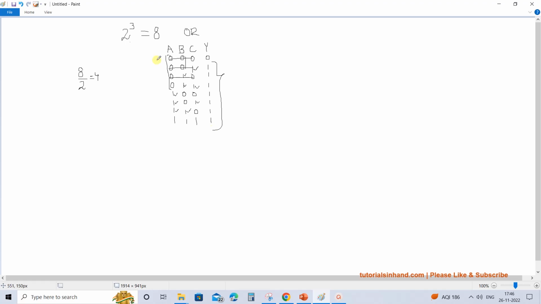Similarly you can create a 4-input truth table following the same combination, and for 4 inputs you will have 2 to the power 4 rows. That means we will have to create 16 rows. So for 16 rows your A is going to have 8 zeros and 8 ones, and similarly then you will have half of the zeros as 0 and half of them as 1. So you can similarly plot a truth table for 4 inputs as well.